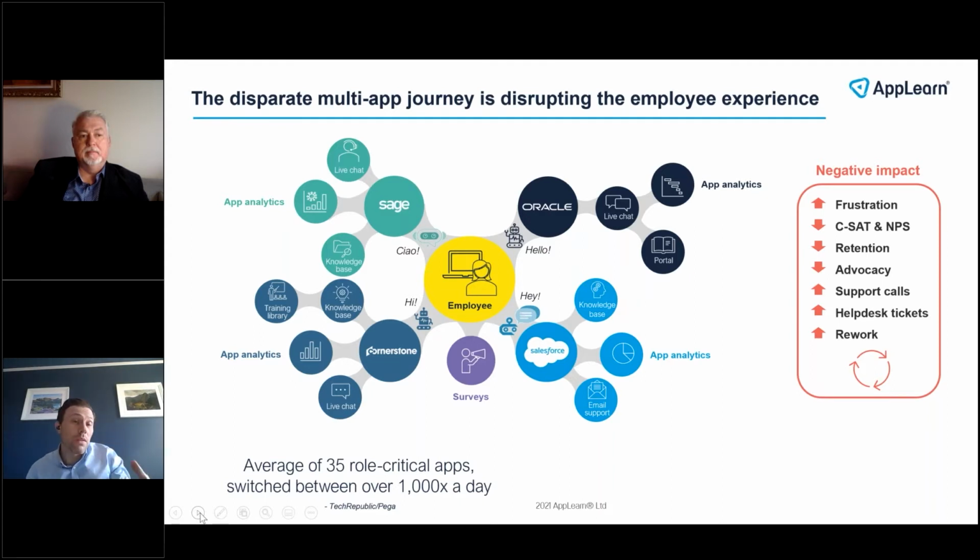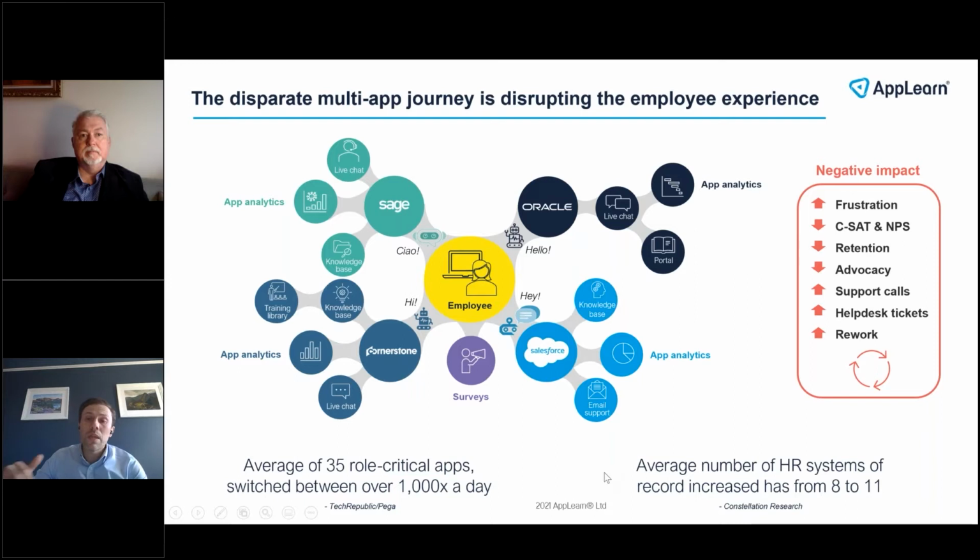Some will be delivered in the flow of work, some will have to send the user on a digital safari to find the answer to that. All of which ultimately leads to frustrated users, dissatisfied users, and Dion touched on the fact that